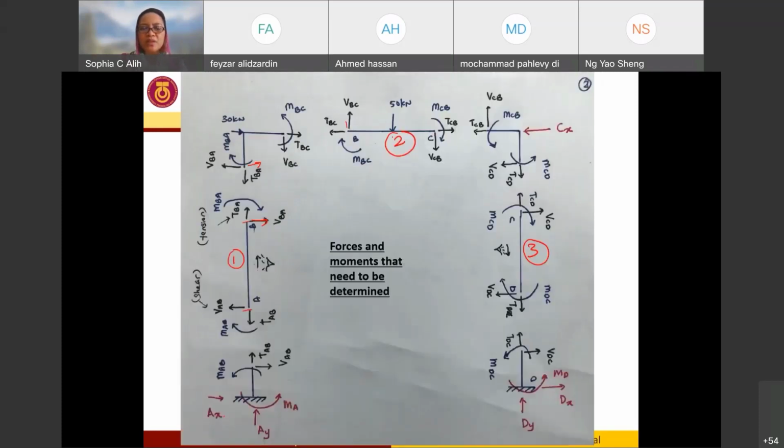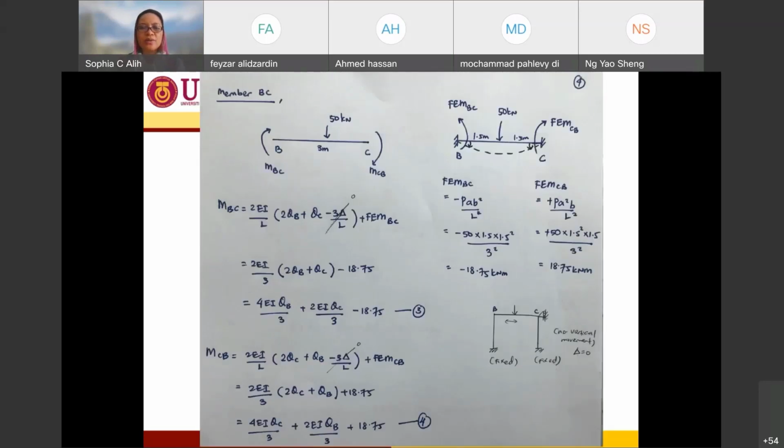So it is already in the horizontal direction. There is no issue of rotating it because it is already in horizontal position. So I have member BC. Member BC is 3 meters, and at mid-span, I have 50 kilonewton as external loading, and I assume my end